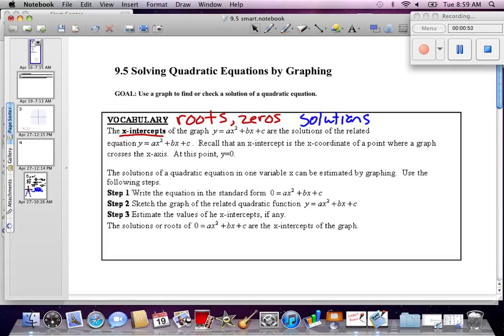Recall that an x-intercept is the x-coordinate point where a graph crosses the x-axis. At this point, y equals 0. So you might want to draw a picture just to remember. Those are the solutions. Where it crosses the x-axis, that's the solutions. Then it goes through steps to graph and be able to find out what the roots are. All right, let's look